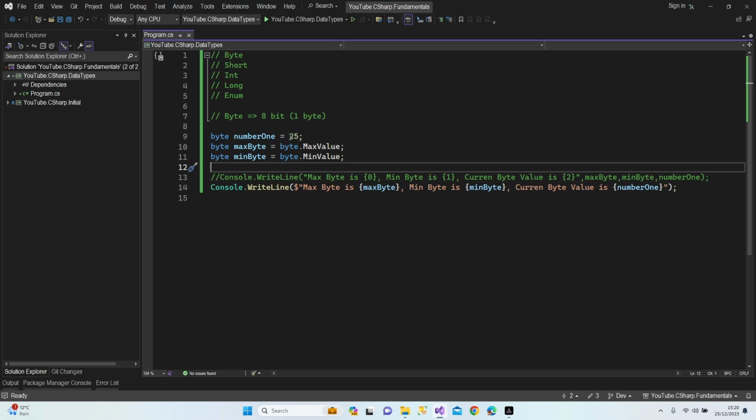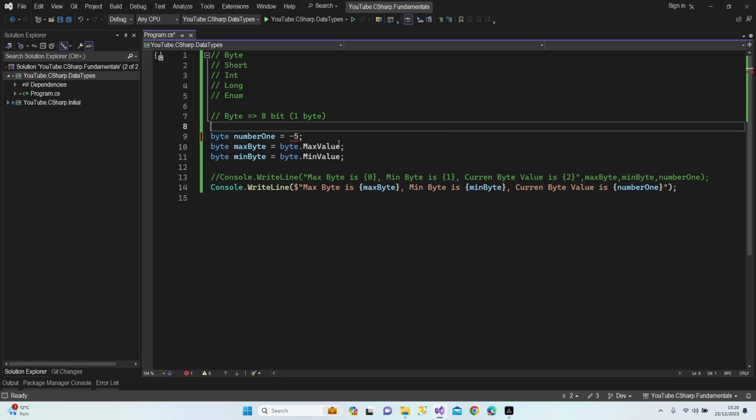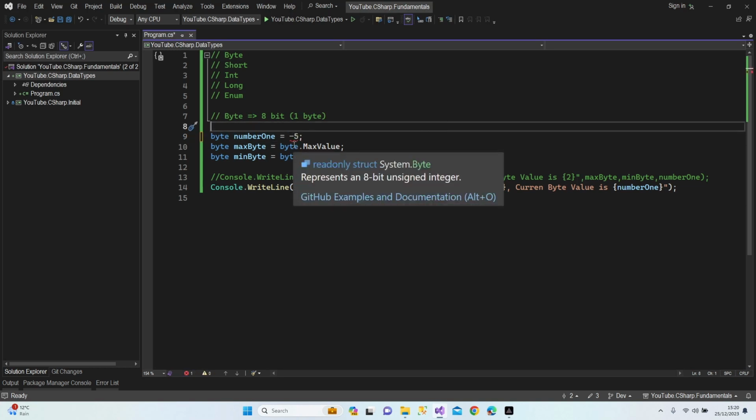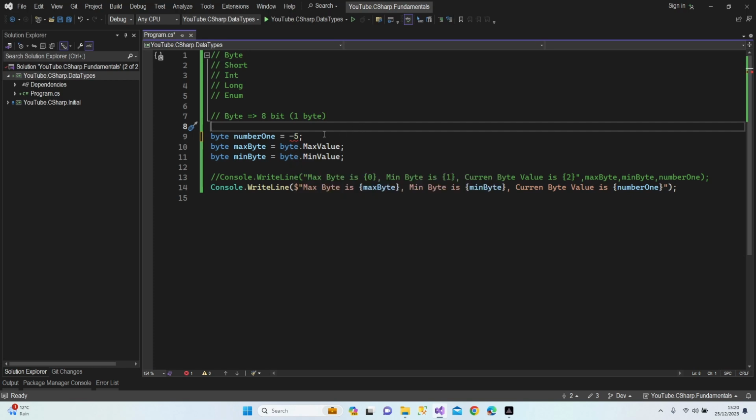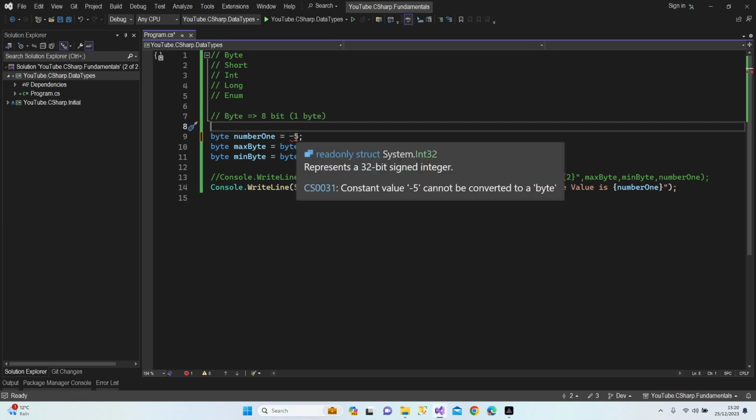Alright, let's try to work with this section. Let's try to make it -5. As you can see, we have a red line underneath the number, and when you hover the cursor over it, you will see a tooltip: Constant value -5 cannot be converted to a byte because our minimum value is 0. So you cannot